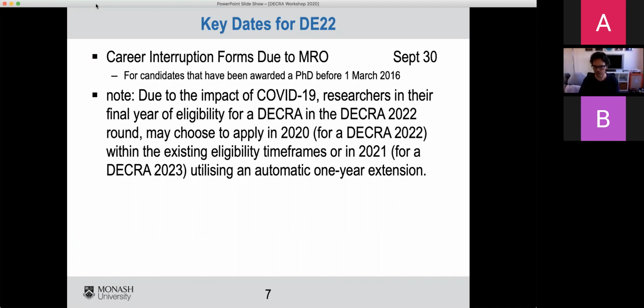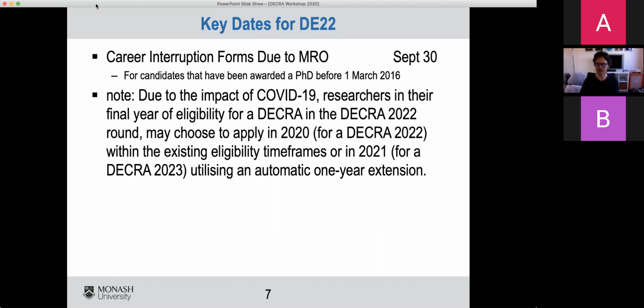That 1st March 2016 currently defines the 5-year window. So if you have a PhD before that, it means you're outside of that 5-year window. That's allowable with career interruptions, but there is a way of formally checking and documenting those career interruptions. So if that applies to you, you will want to use that form to make sure that those are documented so that you're able to apply.